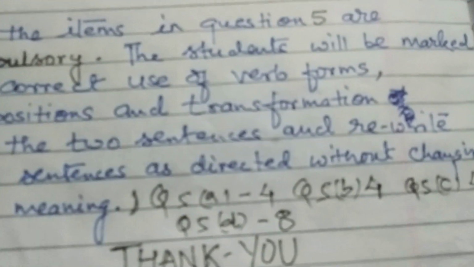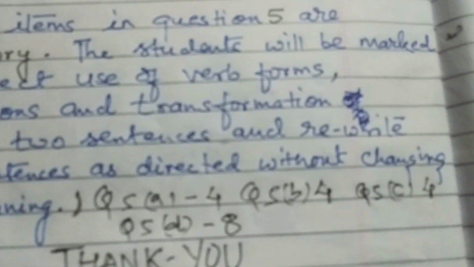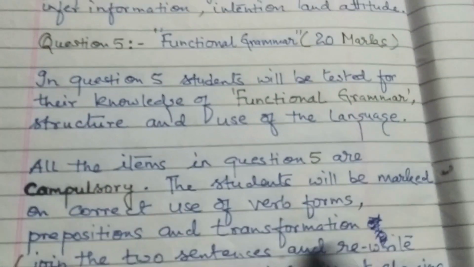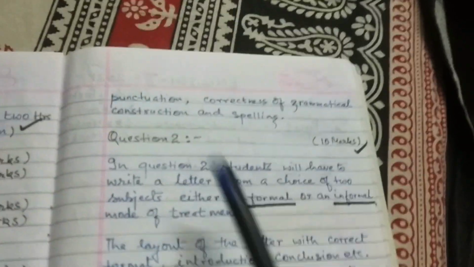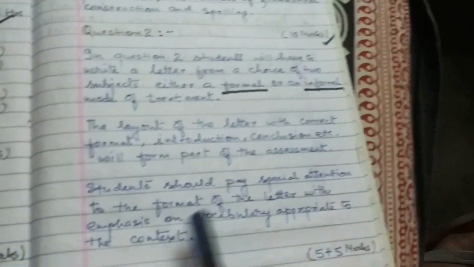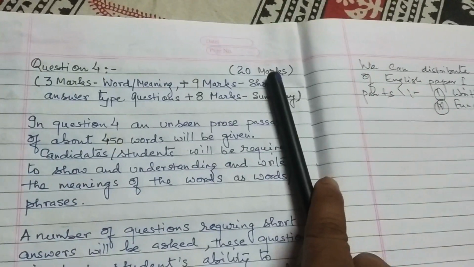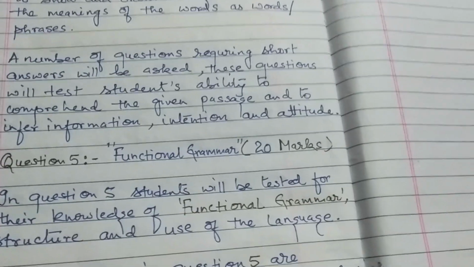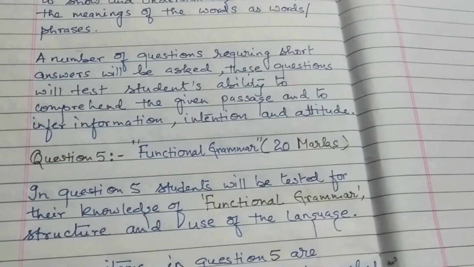So the marking for question 5 is: question 5A, the first part, is of 4 marks. Question 5B is of 4 marks. Question 5C is of 4 marks. Question 5D is of 8 marks. So here you can see that question number 1 is of 20 marks. Question number 2 is of 10 marks. This makes 30. Then question number 3 is also of 10 marks. The total comes to 40. And question number 4 is of 20 marks. It becomes 60. And the last one, question 5, is of 20 marks, which becomes 80. So 80 marks is the maximum marks for English language paper 1, and the 20 marks is